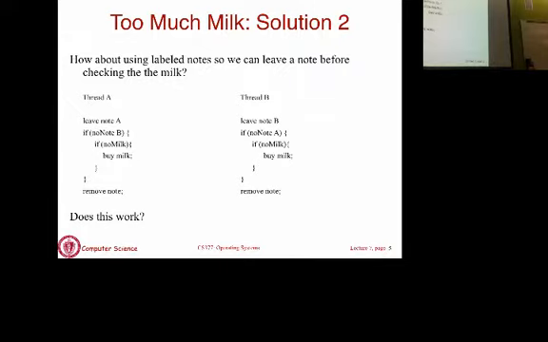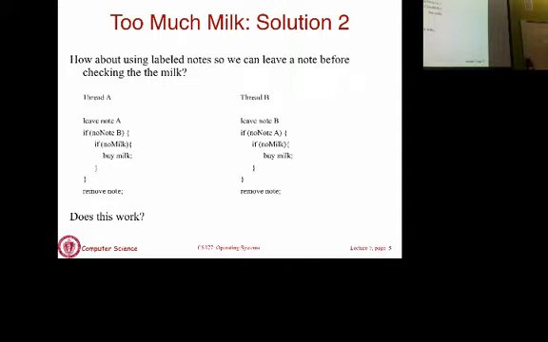Okay, so now this is a different solution, trying to be clever. Does it work? Is this going to work, or not work in the opposite way? What if it leaves note A and then it schedules to the next process and it says leave note B and put it back, and no one's put it back up? Okay, good point. Yes. Same thing.